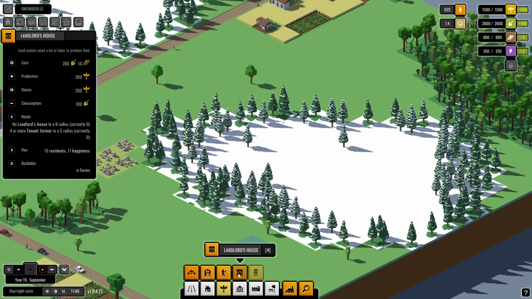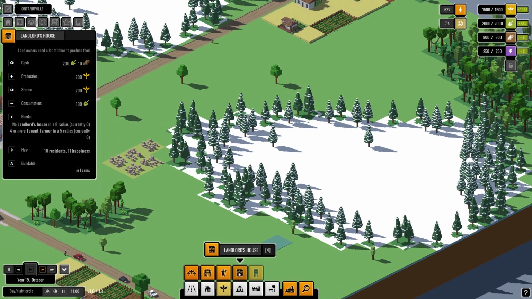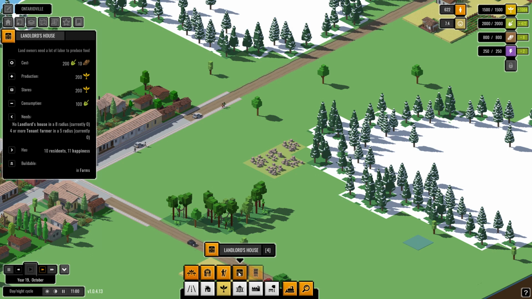Oh, we can do a landlord house now. Now we're talking, guys. A landlord house basically produces more food, but it consumes a lot of labor. That's the problem. It consumes a lot of labor. Landowners need a lot of labor to produce food. So basically, this is a landlord's house. So you're basically...